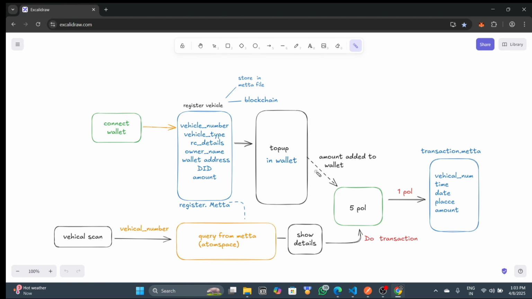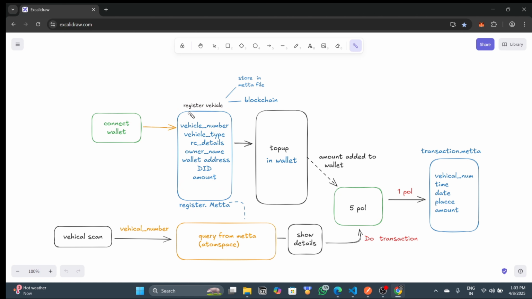And I'm not faking anything with the Gemini. I have actually used a Meta with a serious use case. Let me show how I'm using it. So when a user comes to register, basically this part is done by the government or some other entities. For now, I'm demonstrating it.